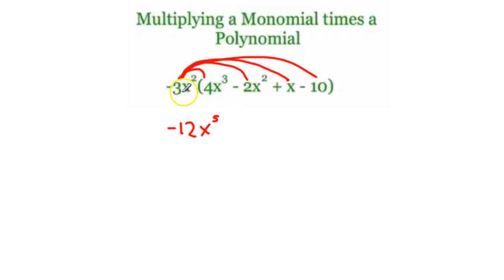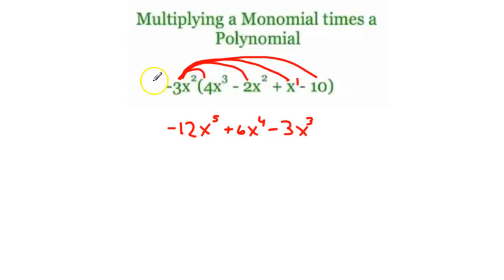The next one, negative 3x squared times negative 2x squared. Negative 3 times negative 2 is plus 6. And this is x squared, that becomes x to the 4th power. Next, negative 3x squared times x. A negative times a positive is a negative. X squared times x is really just x with a 1 over it, so it's going to be x to the 3rd power. And negative 3 times 1 is just negative 3. So negative 3x